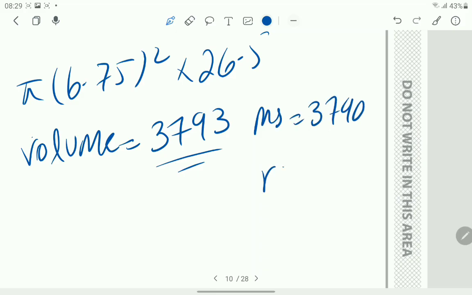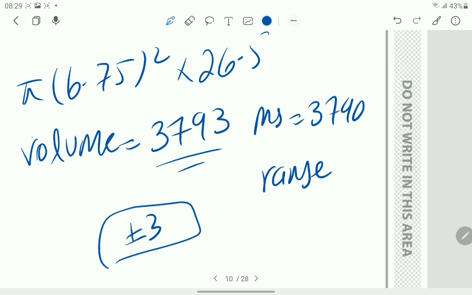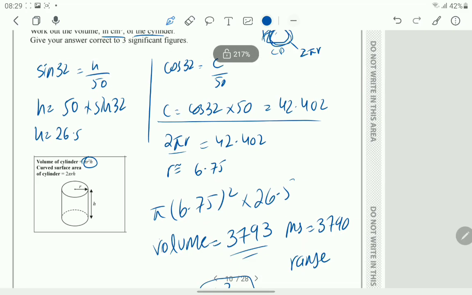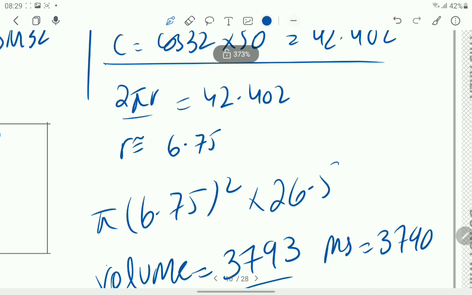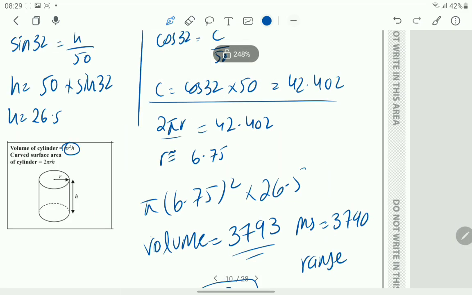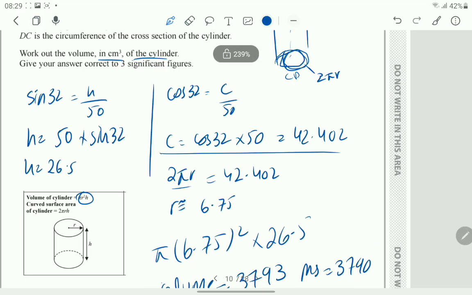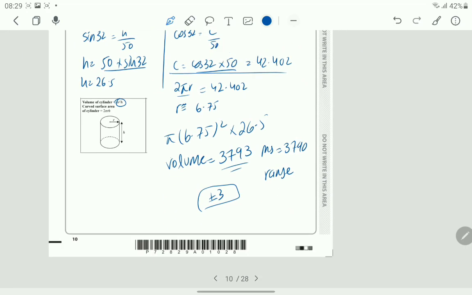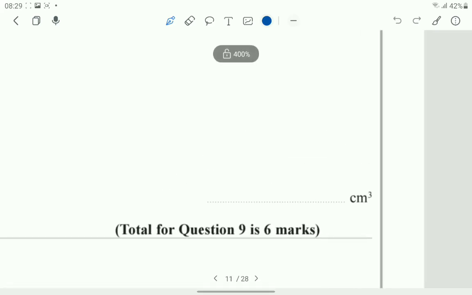of questions have a range, and range is usually plus minus 3 on this level of questions, because there are a lot of pies, a lot of rounding off done, and so the answer has to be approximate to get full accuracy. You can opt to not solve these till the end of the question, and you can get a very accurate answer. So yeah, writing this in the answer space, we get